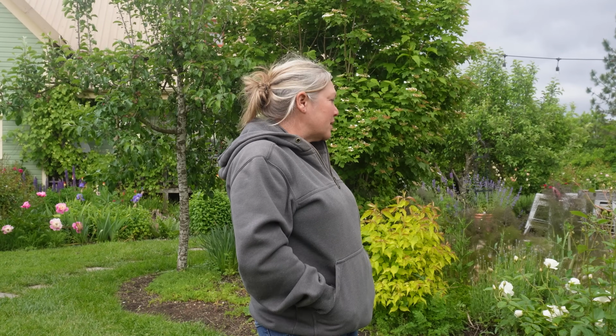So learning all the plant names has been a little bit of a challenge. I'm working on it, but you'll have to forgive me. And sometimes when I get put on the spot, my brain just goes poof. Out goes the name. Anyways, so we have some roses throughout this garden up here at the upper, I guess